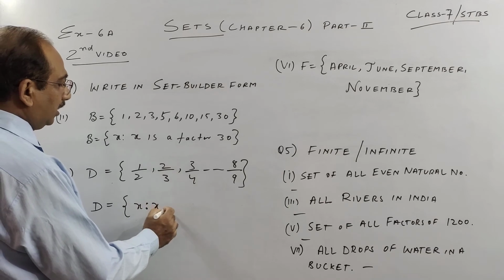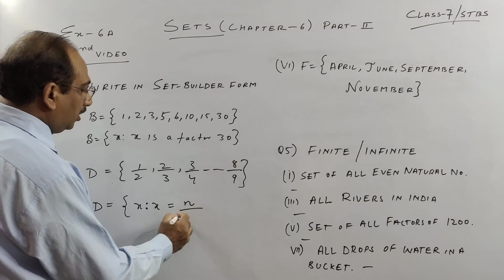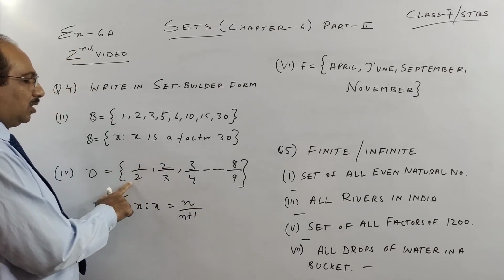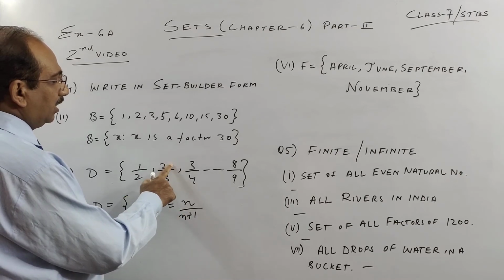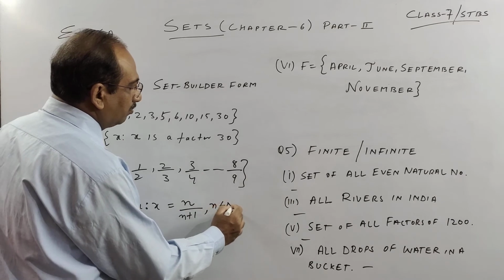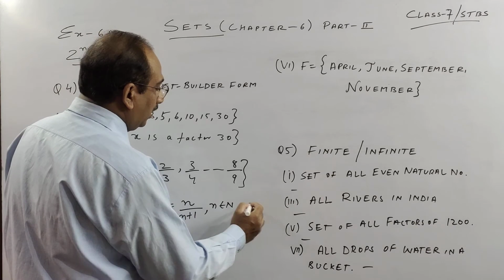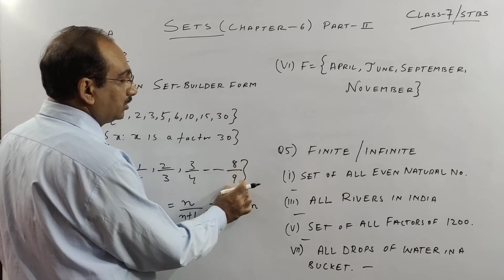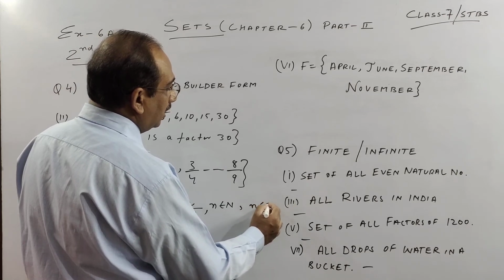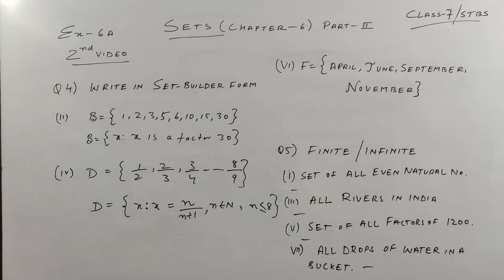So here you will see X is equal to n upon n plus 1, a natural number up, and down is natural number plus 1. Try to understand this. If n is 1, down is 1 plus 1, 2. If you take n as 2, down is 2 plus 1, 3. Where n belongs to natural numbers. But it does not go to an infinite set, as I'll tell you. So n is maximum 8, because this is n plus 1. So n is less than or equal to 8. Okay, so this is how you write this